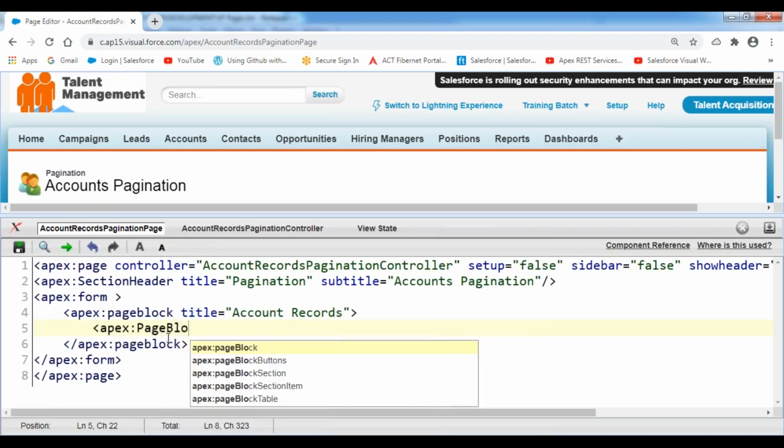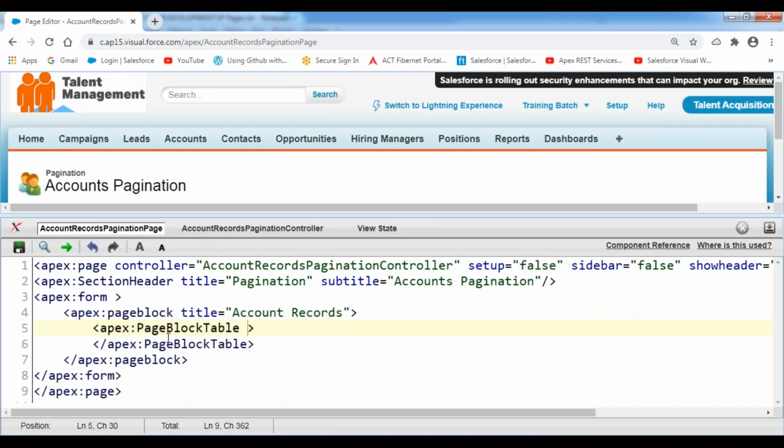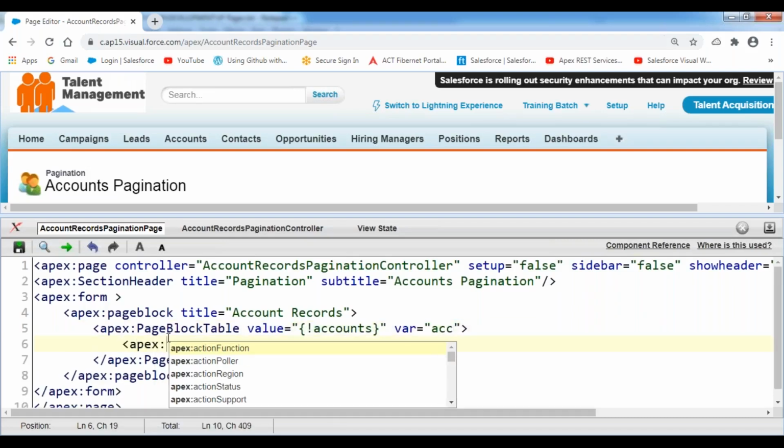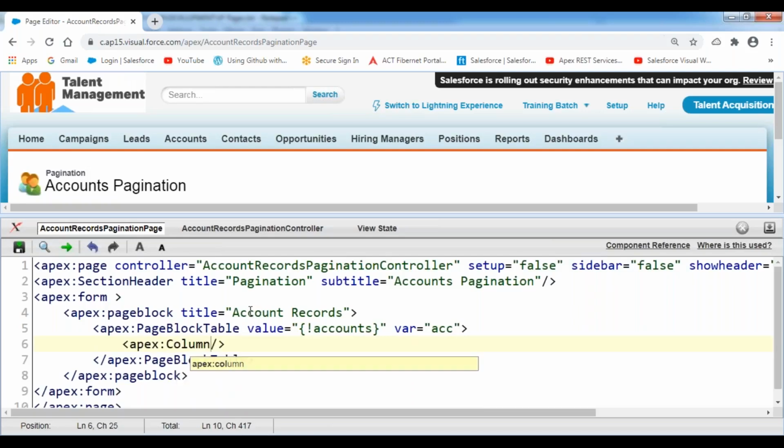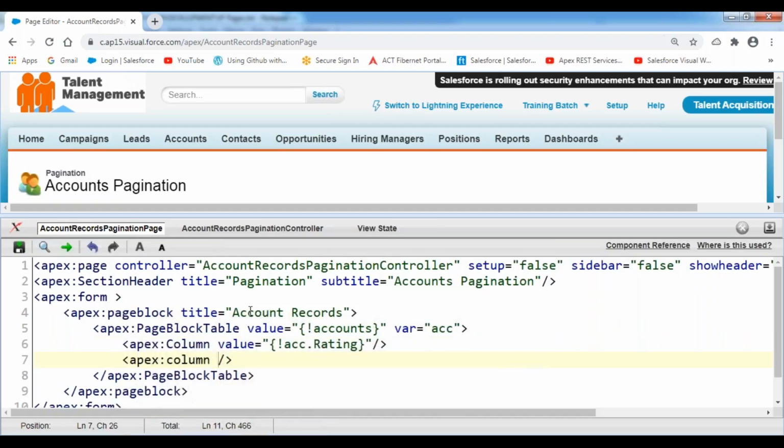Apex page block table, value property equals to accounts. And then I'm indicating var equals to acc. And then we can specify the functionality. I'm indicating the column, value equals to acc.rating, apex column value equals to acc.industry,